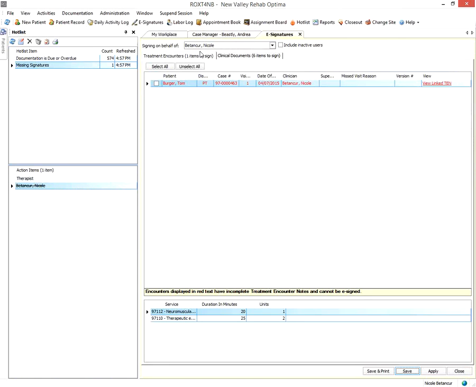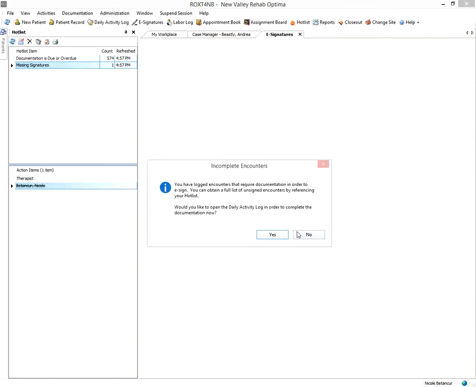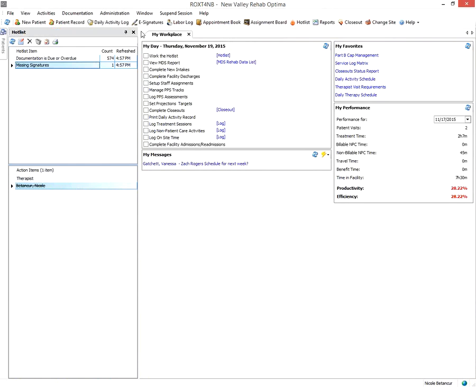Make sure you review your treatment encounter tab as well as your clinical documents tab. And we want to make sure that we're signing on these items in a timely manner. Okay. Another thing to mention,